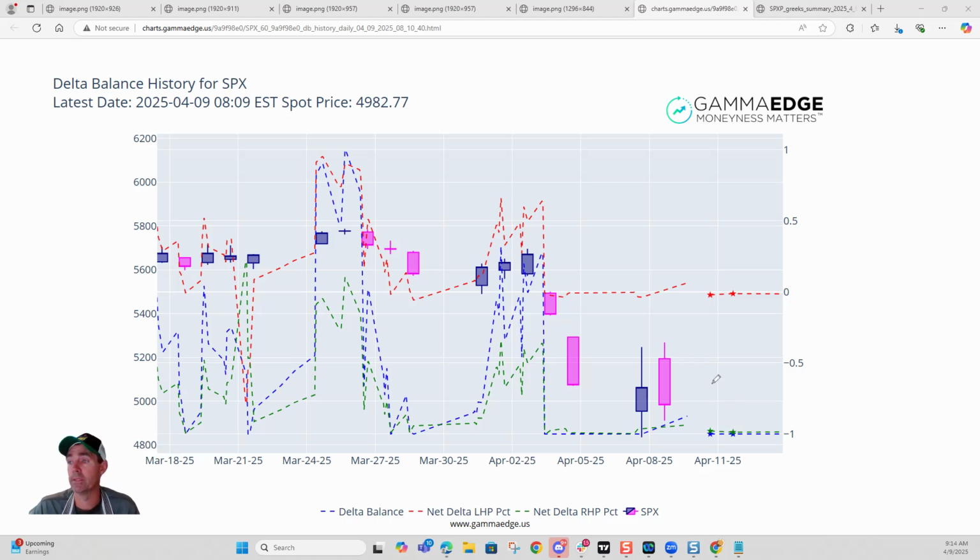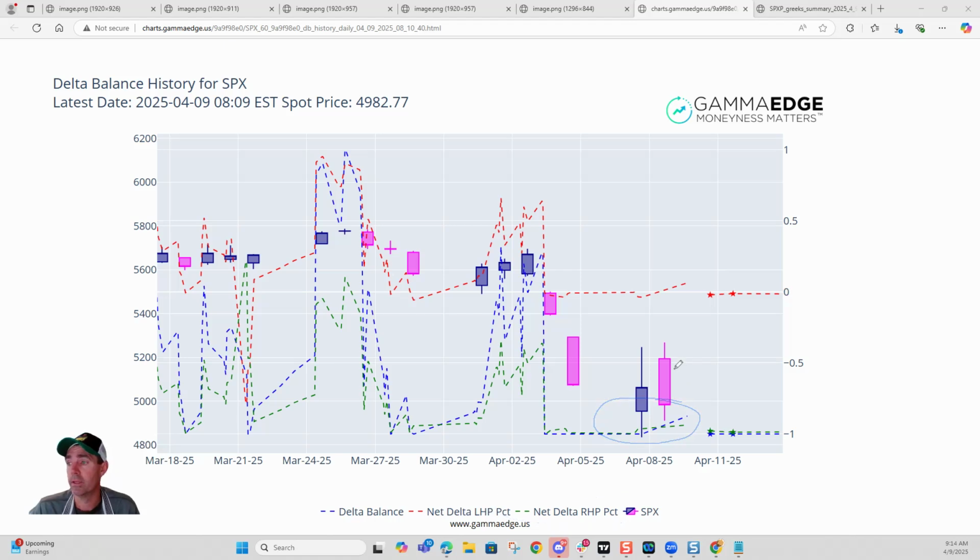What we would need to see is a short-term improvement, at least on the left-hand plane, which would be your red dotted line here, indicating that we are seeing some abatement, or not a significant amount of put speculation to the downside occurring, and then exposing some of those in the money calls below us that can be supportive. And then as a result, you would want to see the green line here, which is our right-hand plane,